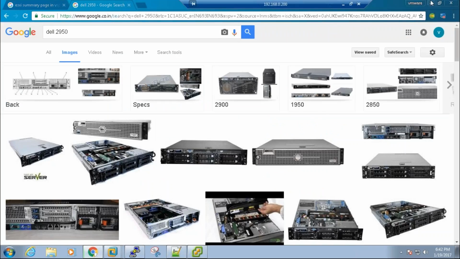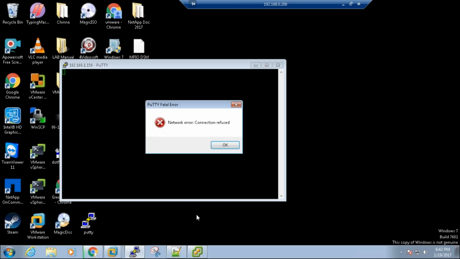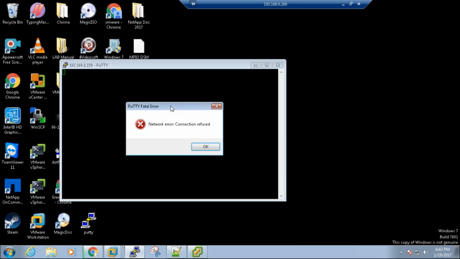So you have seen how the vSphere client access looks like, how the web client looks like, and for PuTTY, I said there is some configuration change that you need to do in order to allow the PuTTY connection to the ESX server. And the one more left was the PowerShell, PowerCLI. So PowerCLI is this.